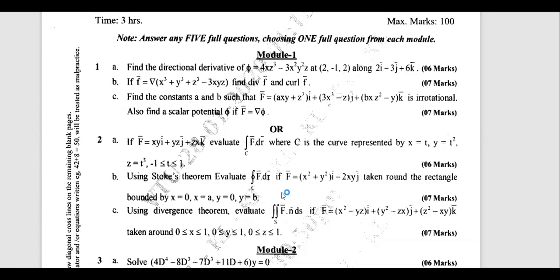Okay, just to see this question. Let's see this question number 2b, Stokes theorem. I think I have solved this example. The answer will be some minus 2ab square. This example is solved in the class. So Stokes theorem means what? Your vector converts to what? Stokes theorem, curl, right? Curl of F.